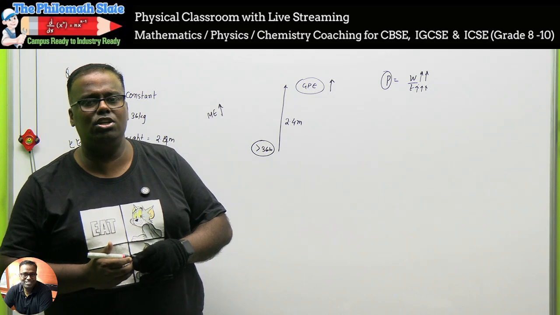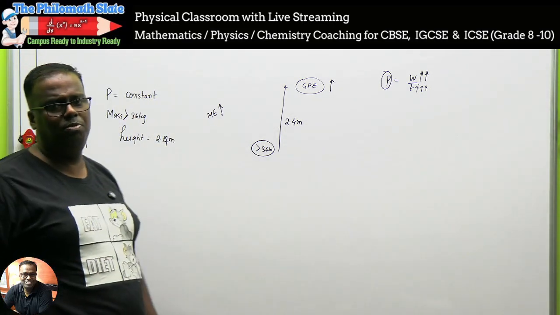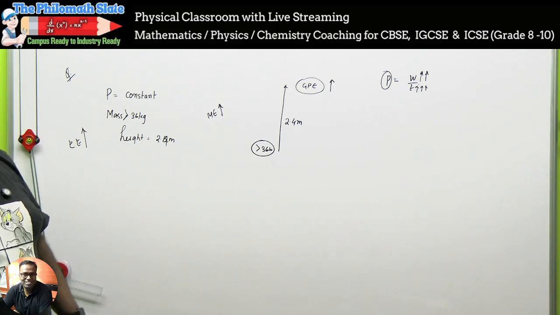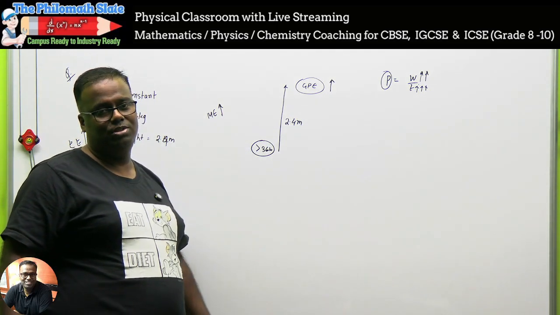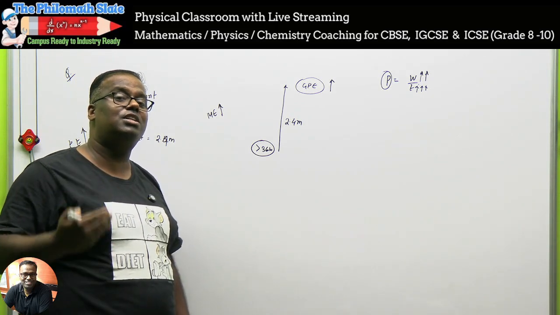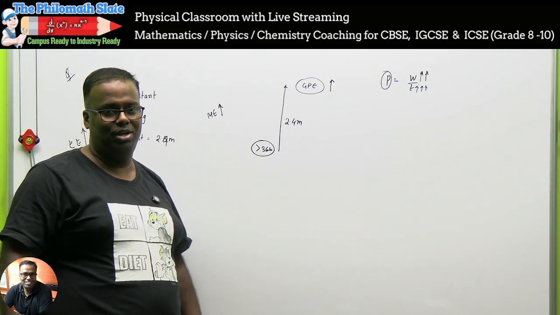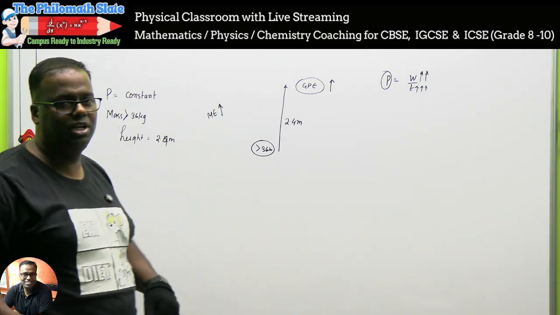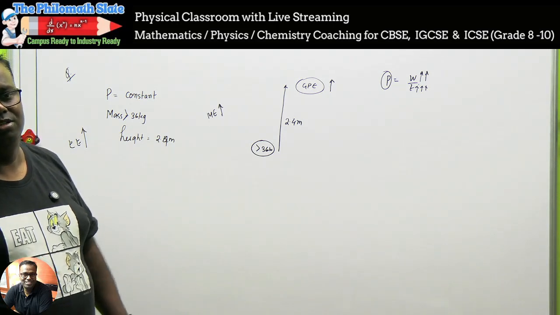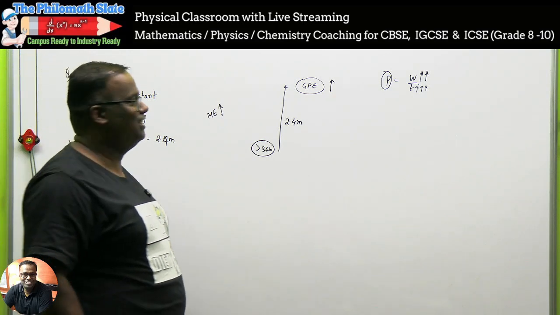We can't say P is reduced because they have said the power is constant. Speed will be reduced. Time taken is longer, and not only that, in the longer run, the machine will conk out. That's why every machine has a rated power. You should not do work beyond that power. For example, if a drill machine is rated for 1000, don't take it outside and start drilling roads. That idea will not work.